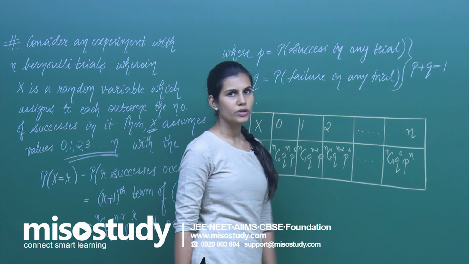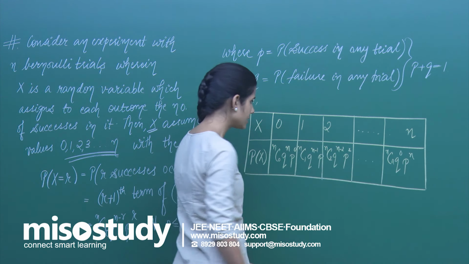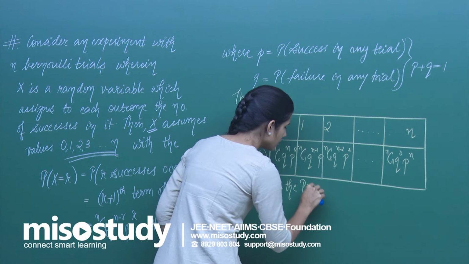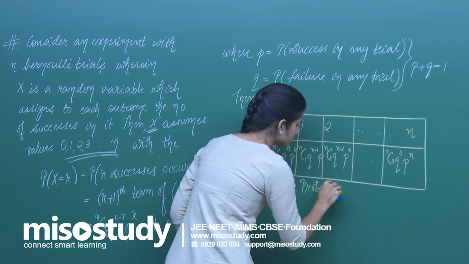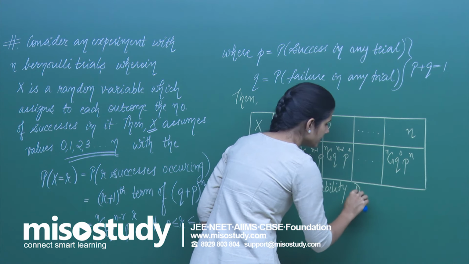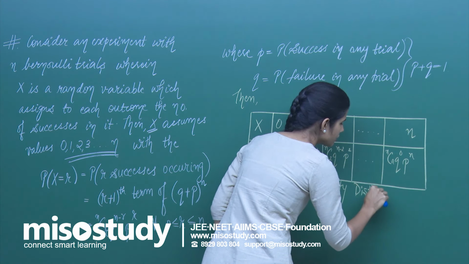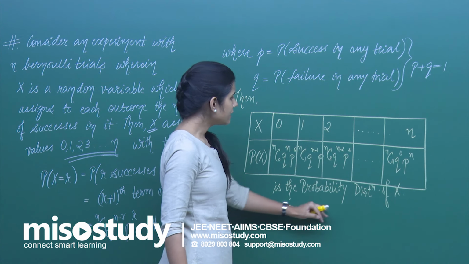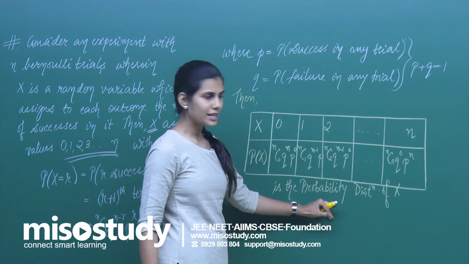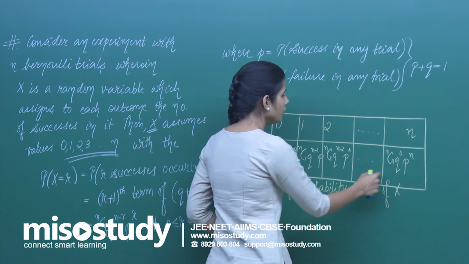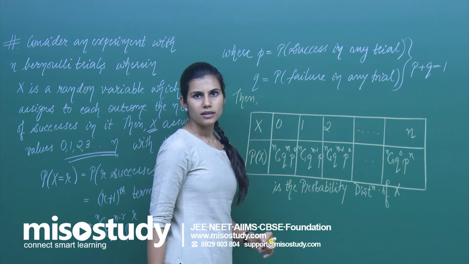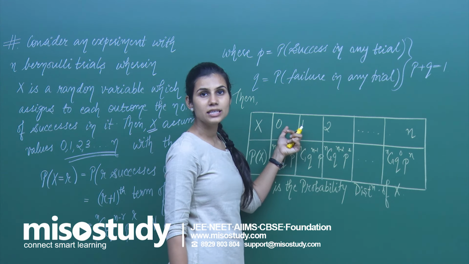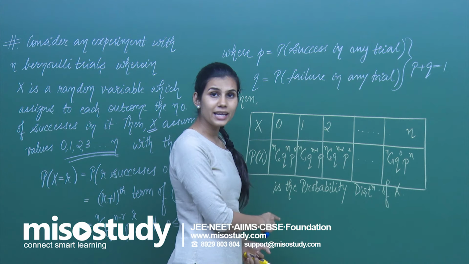That means this sum is going to give you 1, and therefore, this is the probability distribution of capital X. But because in this probability distribution of the random variable capital X, the probability corresponding to each of these values is nothing but terms of a binomial expansion,